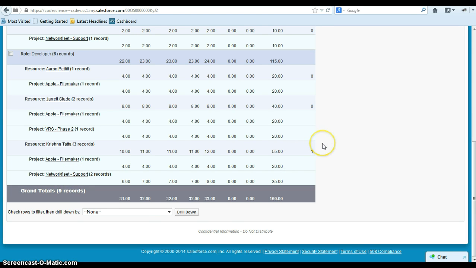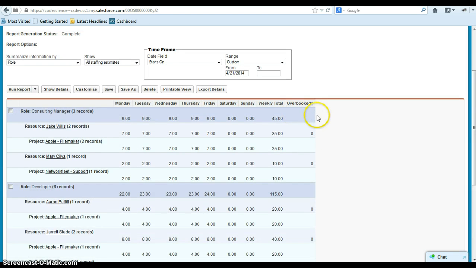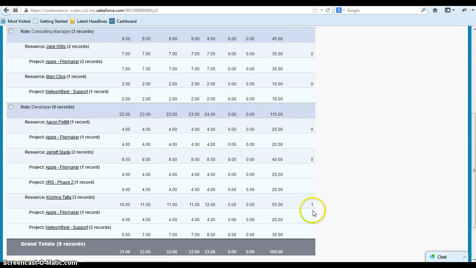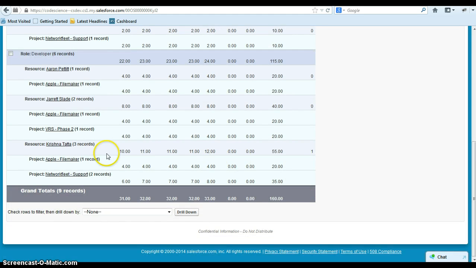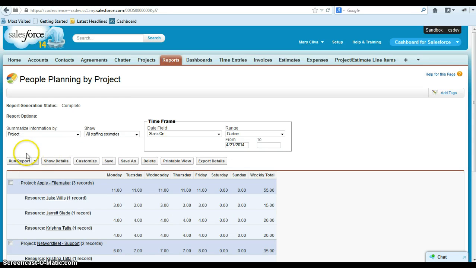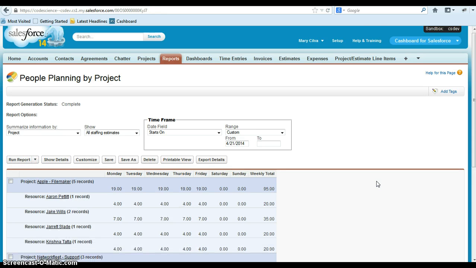On this particular report, there's an additional column that shows if any one of the days is greater than 8 hours, it flags it as true. And that way we can easily see, especially as the list grows, who might be overbooked and how we can respread things. We also have a view by project, so let's rerun this report